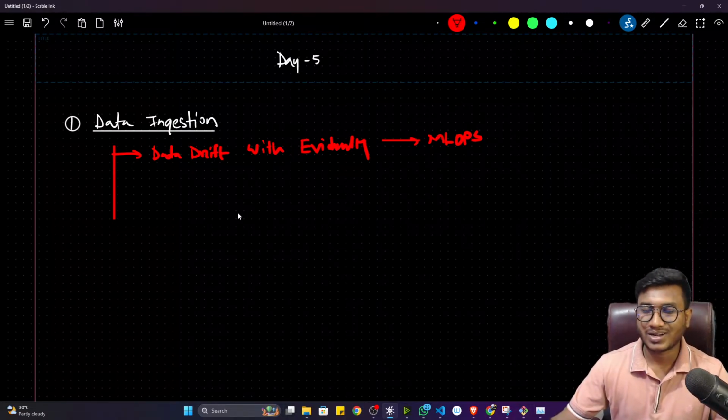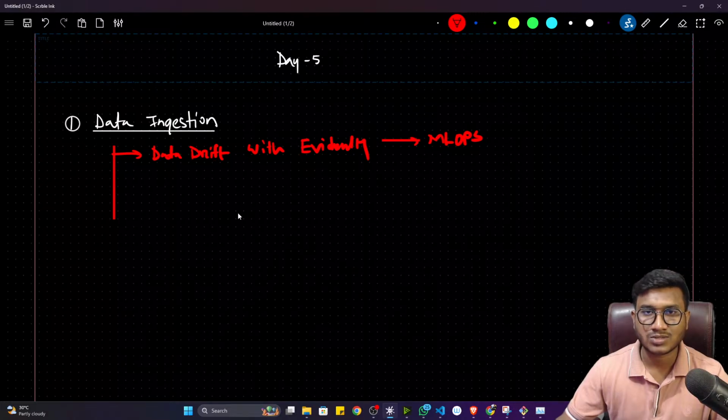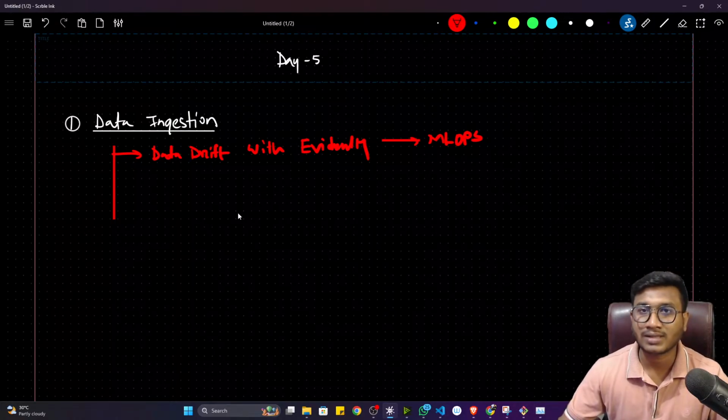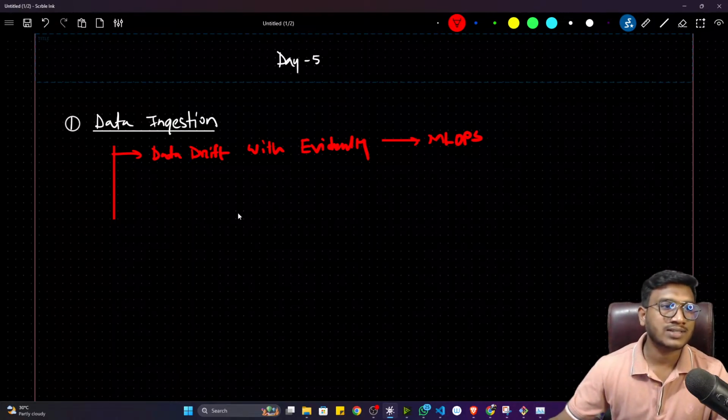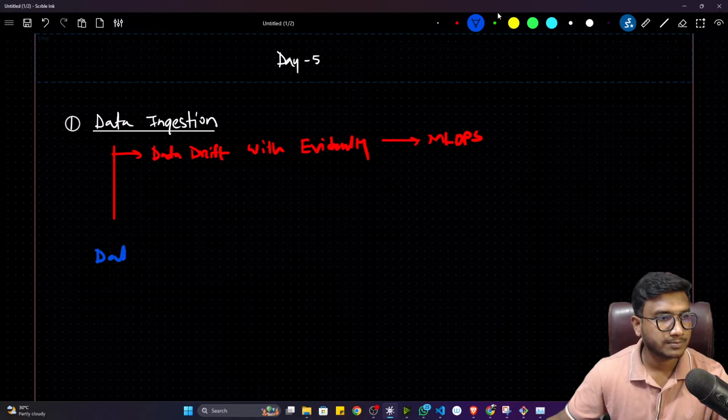So I think it would be better to discuss this part tomorrow, because today I just want to discuss this particular data ingestion, and I want to explain the entire code in the easiest way so that everyone can get to know how we are going to write the entire code whenever we implement other components as well. If you understand the data ingestion,